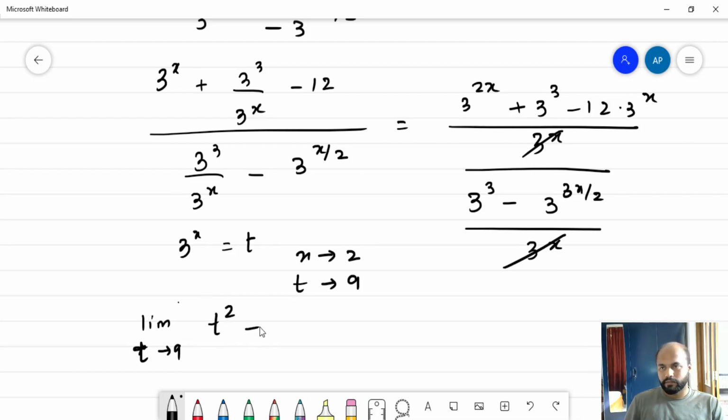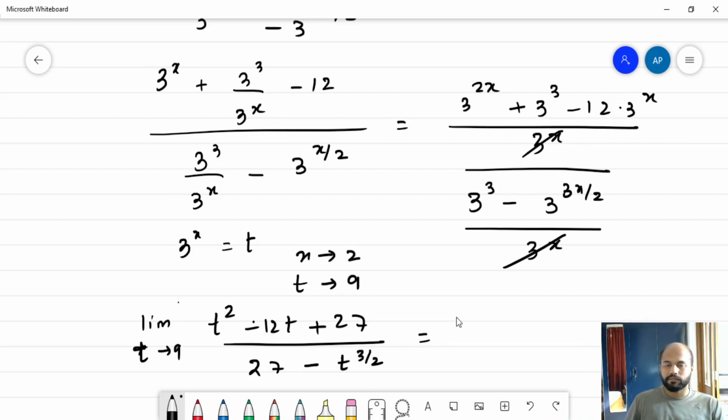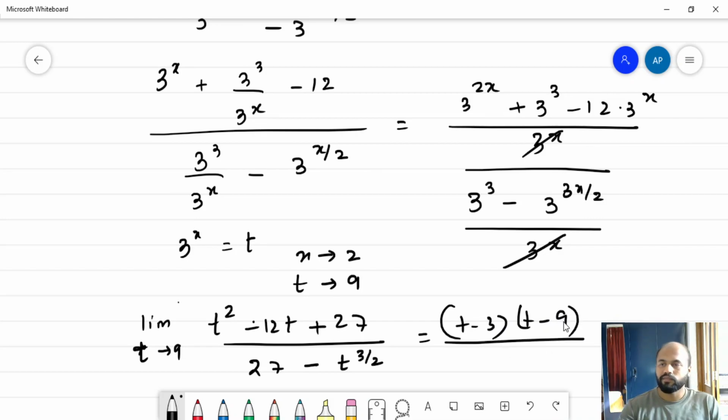So t square minus 12t plus 27 divided by 27 minus t raised to 3 by 2. So t raised to 3 by 2 is what we get. Now let us factorize it, and if we factorize, it's going to be t minus 3 into t minus 9. This is one thing. And secondly,